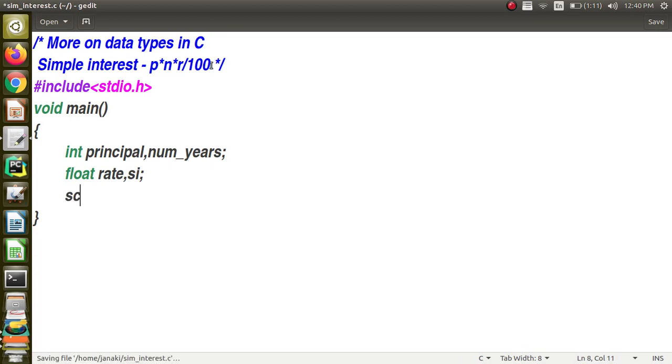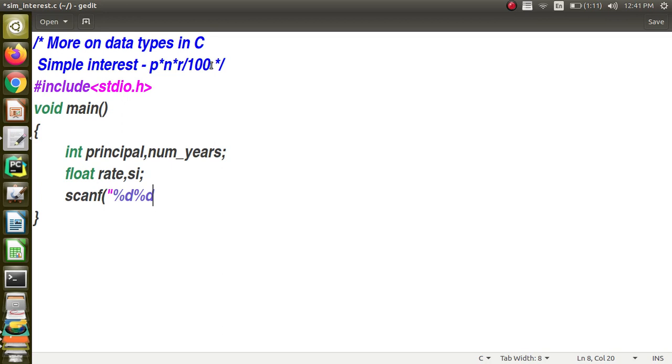Now you have to read the values from the user. That should be the first step of the algorithm. You have to read the input from the user. Three inputs you are going to read. First one is the principal amount, second one is the number of years, and third one is the rate of interest, right? So we have to give the appropriate format strings. For principal, the data type is integer, so you give %d. Next, you will be reading the number of years, which is also an integer, so you give %d.